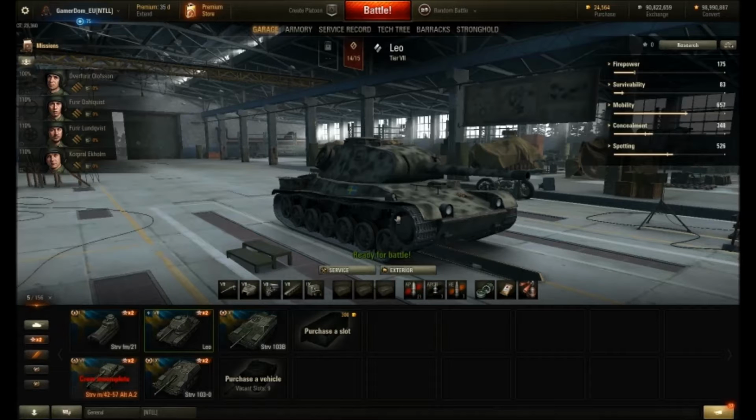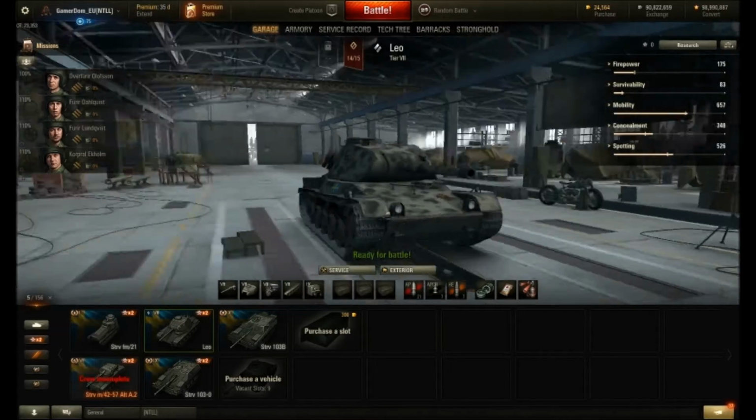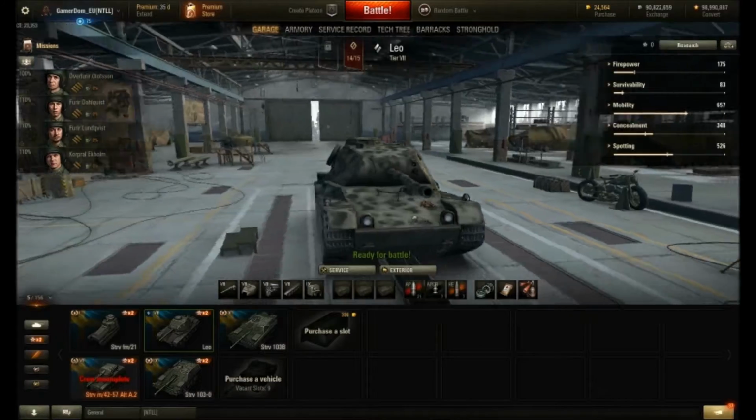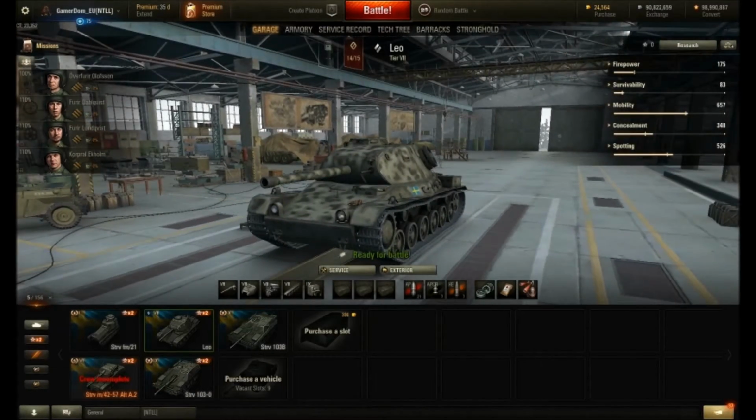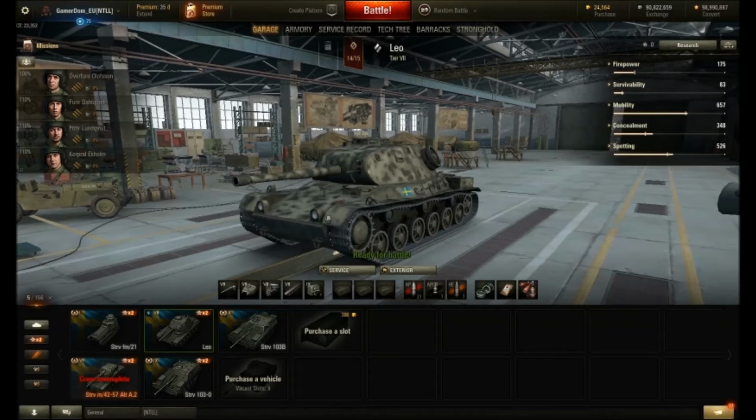But the other one that got nerfed was a very popular one at the lower tier, down at tier 7, is this thing, the Leo. And I wanted to see whether this has made it still a desirable tank to play. So what was special about the Leo originally was it has a very good gun, very big alpha for a tier 7 medium tank,